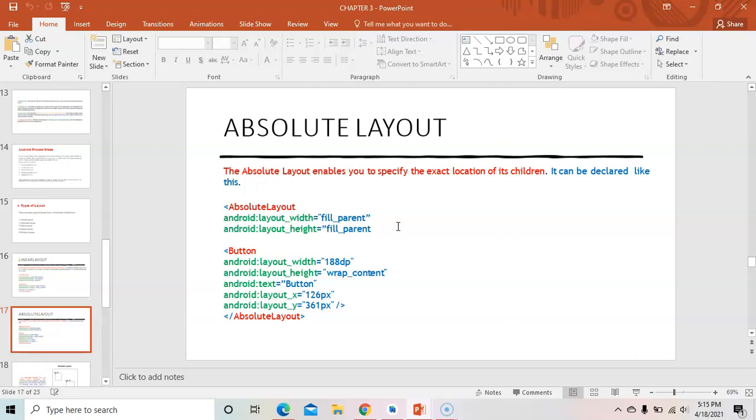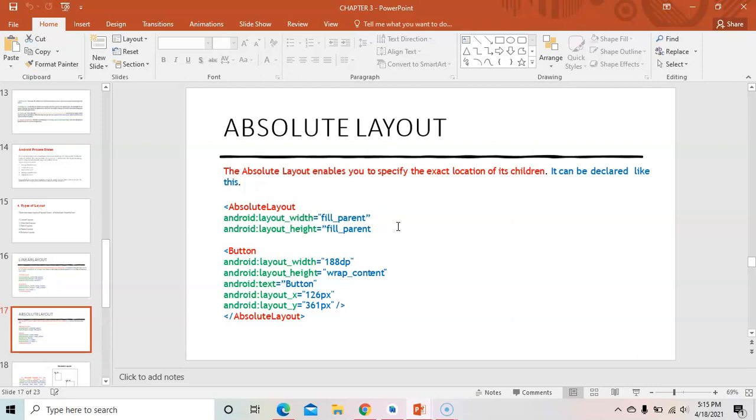So this is the syntax of absolute layout. First of all, it starts the absolute layout, then android:layout_width, android:layout_height, and the value is fill_parent. You can give the match_parent value also. Next, inside the absolute layout, a button is placed. Here are width, height, text, and the two main important attributes of absolute layout, that is android:layout_x and android:layout_y.